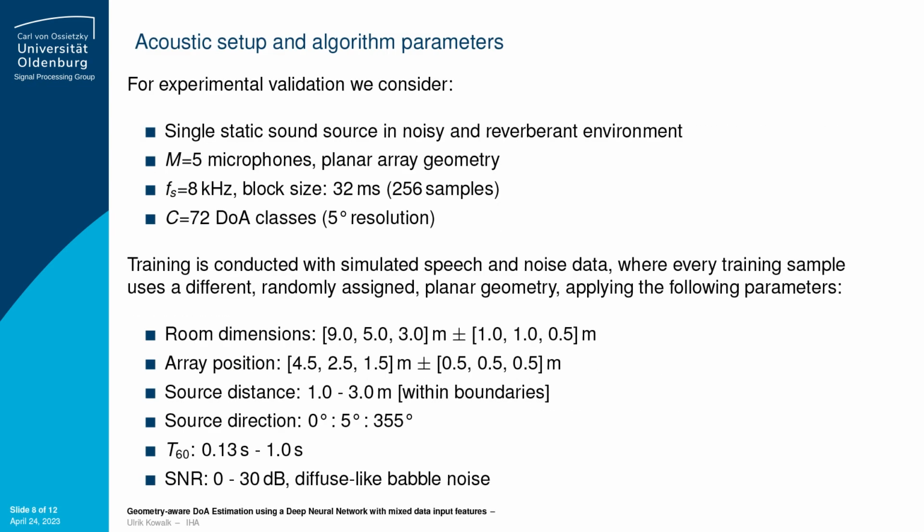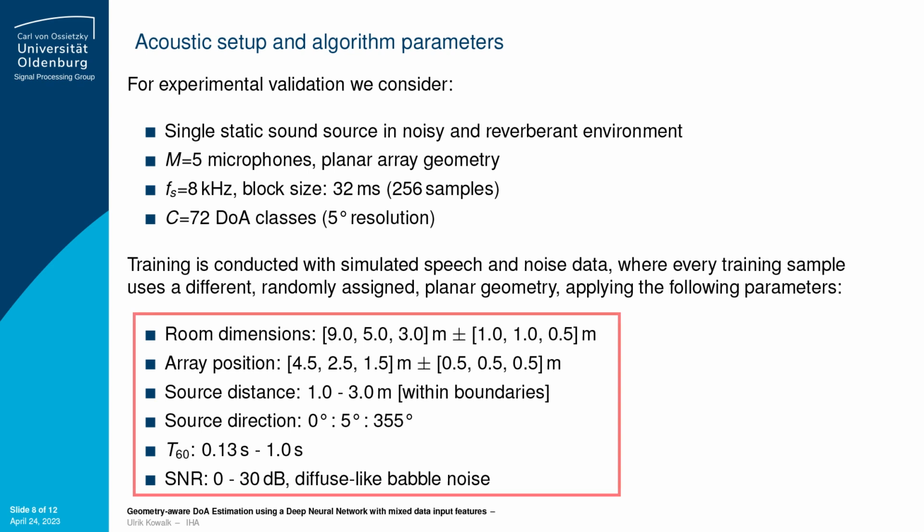Now, for the experimental validation, we consider a single static sound source in a noisy and reverberant environment. We use microphone arrays that have a planar geometry, each consisting of 5 microphones. The sampling frequency is 8 kHz and we operate on 32 millisecond blocks. We further choose the number of DoA classes to be equal to 72, yielding an angular resolution of 5 degrees. Training is conducted with simulated speech and noise data, where every training sample uses a different, randomly assigned planar geometry. The training parameters are shown at the